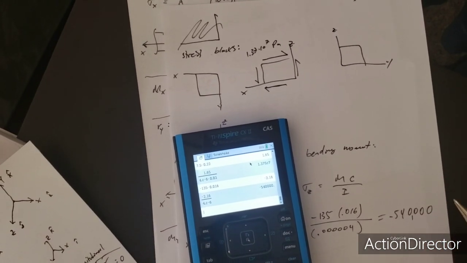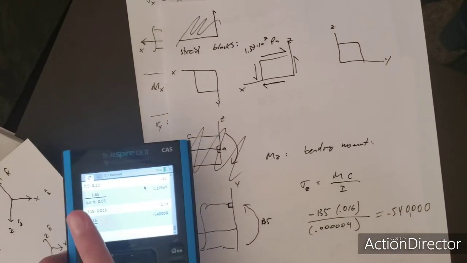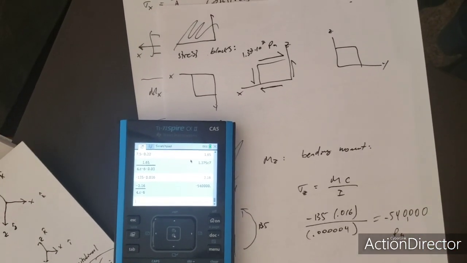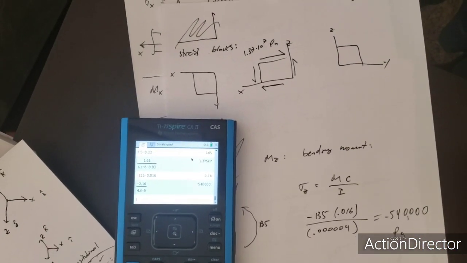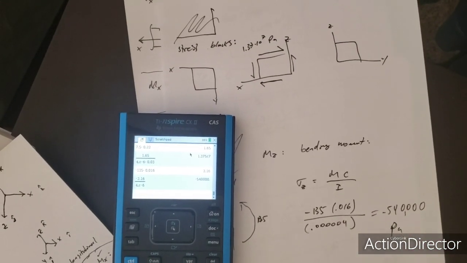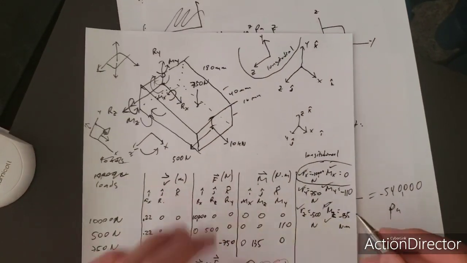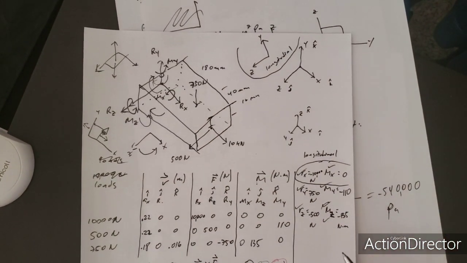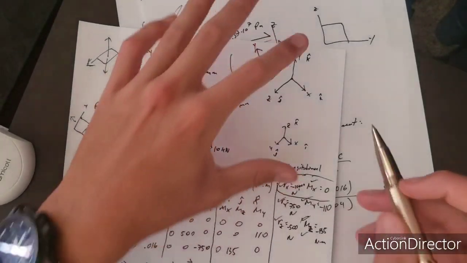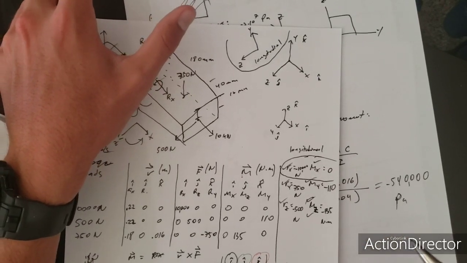Negative 540,000 Newton meters. Or no, just pascals. Pa. This is a force. This is a stress, I mean. Okay, that's it. And now that I found every single reaction moment, and every single reaction force, every single reaction stress and reaction shearing stress,